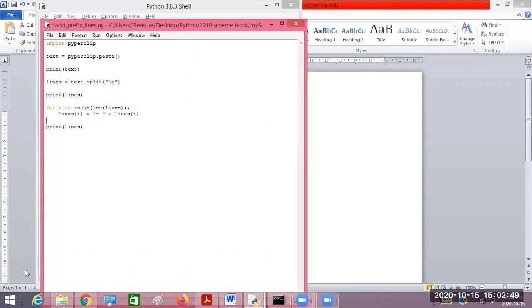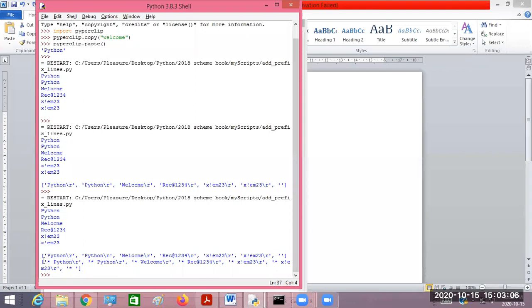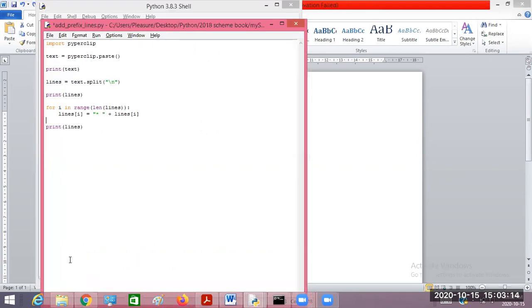But what I want here is the data as in the text, that means multi-line text, not a list of lines. I want one text with multiple lines. Then how can I do it? These are all called strings. In the list, we have all the data in string form, so we can join them with the function called join.